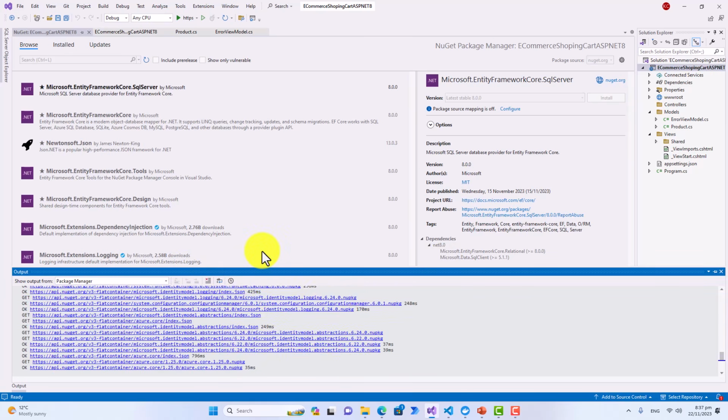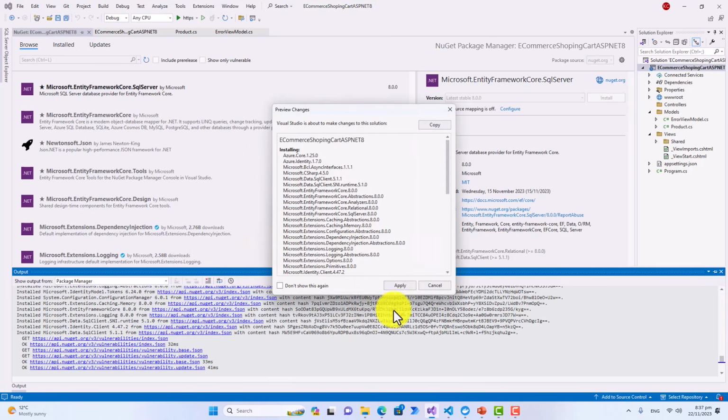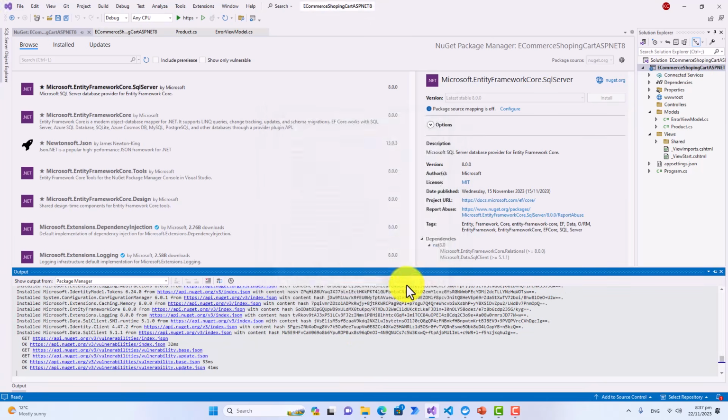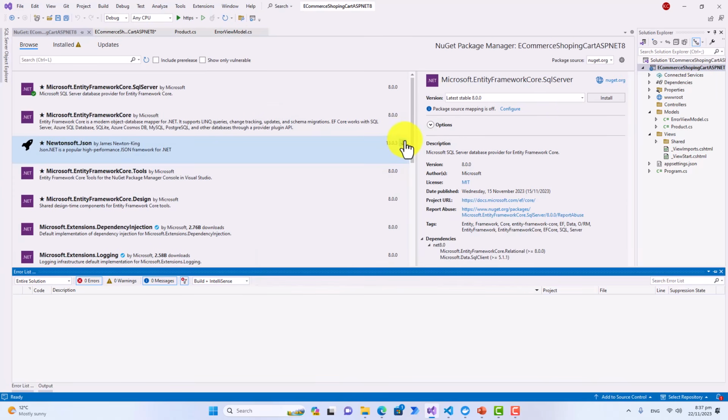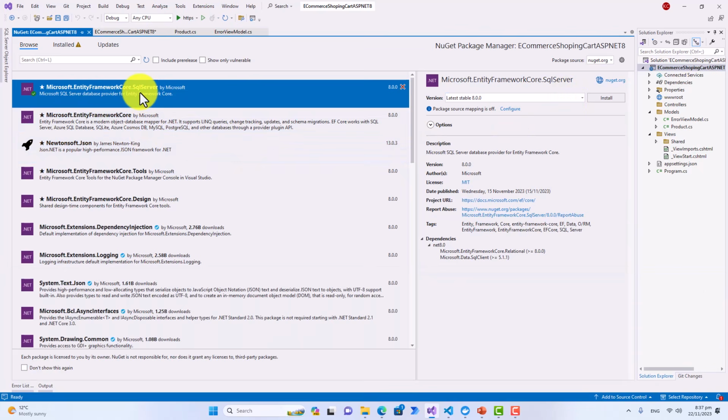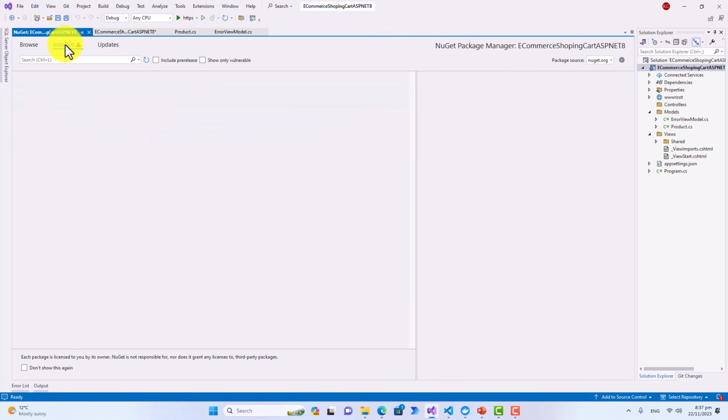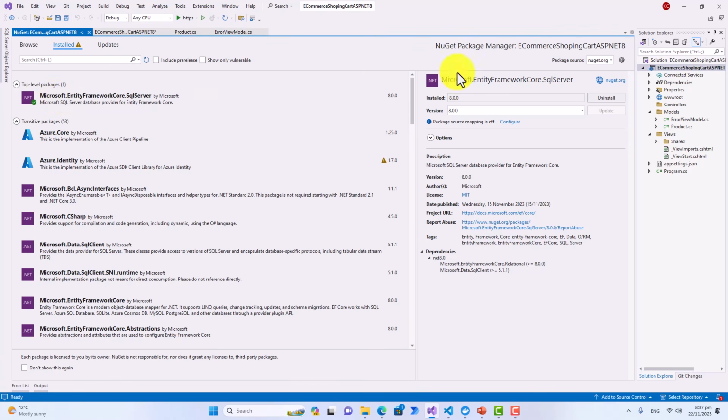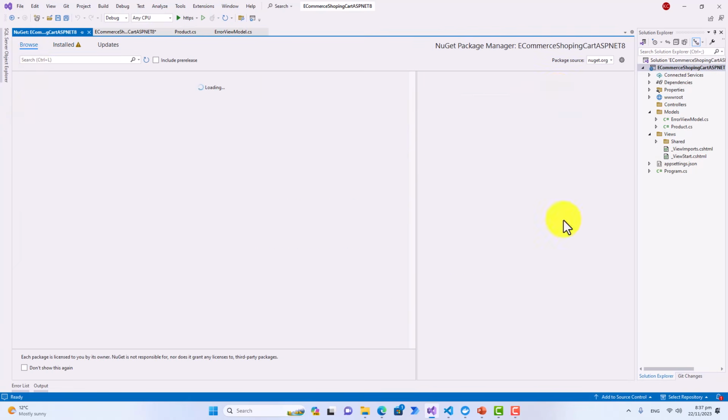So it's getting installed. Click on apply. Click on I accept the conditions. All right, so it's already installed. You can see the installed ones. So Microsoft.EntityFrameworkCore.SqlServer is already installed. Now I'll have to browse for another one, which is this one,